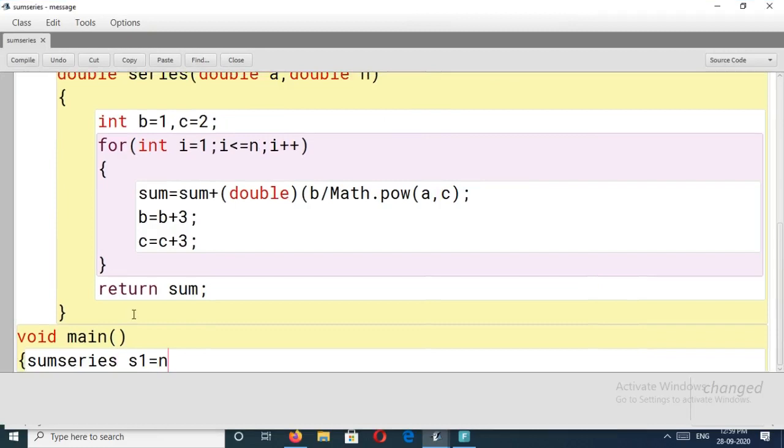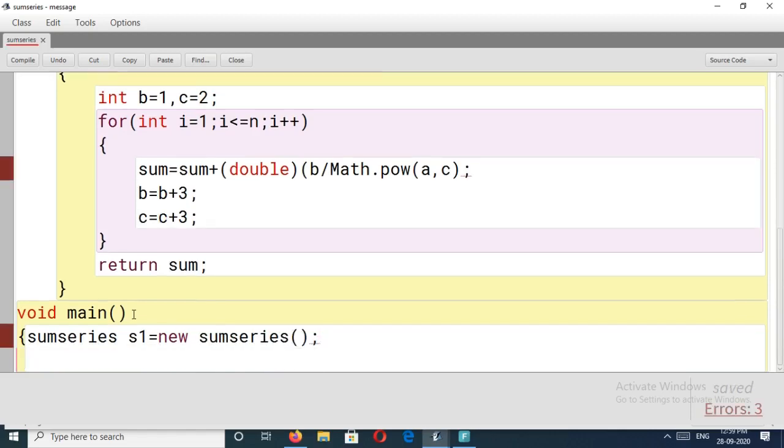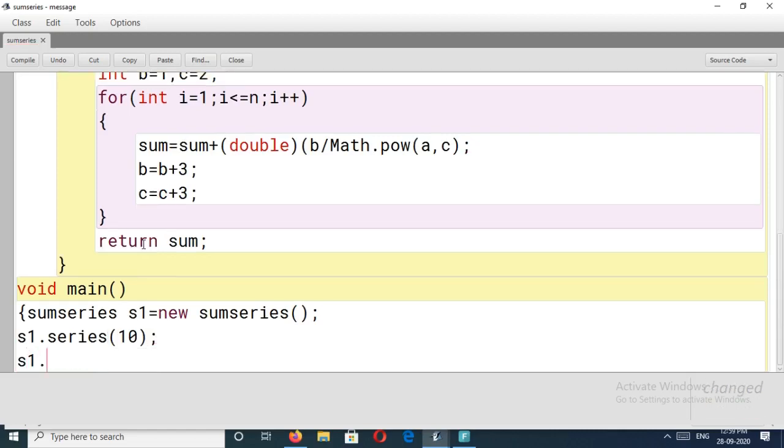This is an object name: new SumSeries with a bracket. Enter. S1 dot, what's the first function name? series. It takes one argument. You can give any argument here. Okay, I will give 10. Close the bracket. Then S1 dot series.